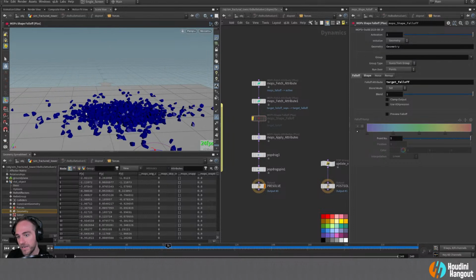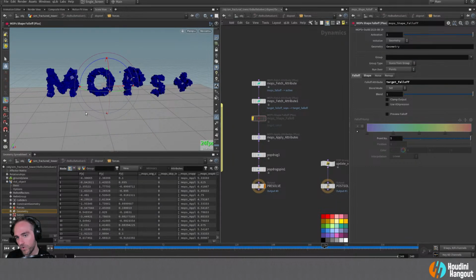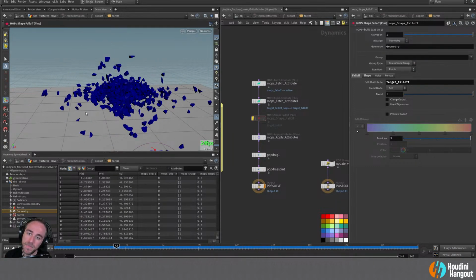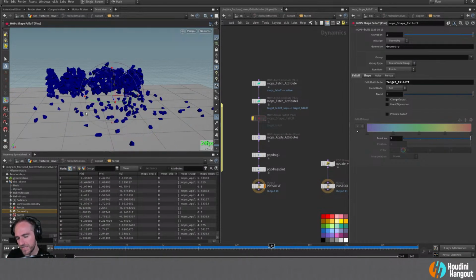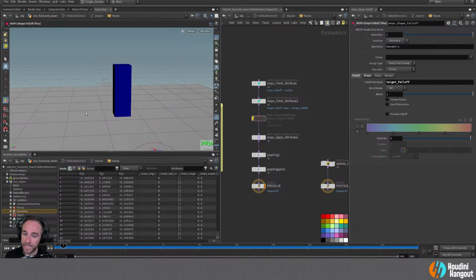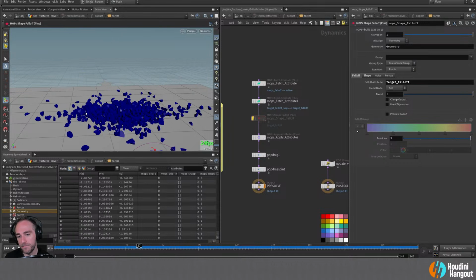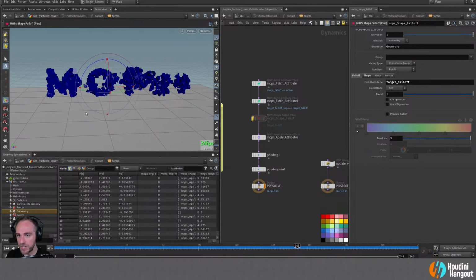Whereas if you're doing it in SOPs at a static frame, you're able to do it a little bit more controlled from that standpoint and be able to build these pieces back up. So I'm sure if I poked around and prodded, there might be a way to do that a little bit more efficiently, maybe in the Dynamics context itself, but this is sort of what I've found from this simulation here. So